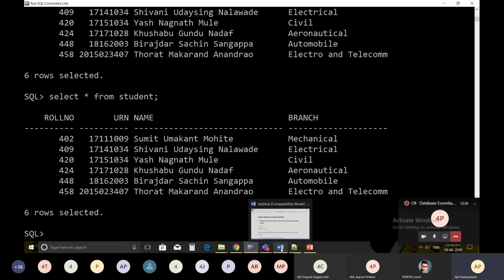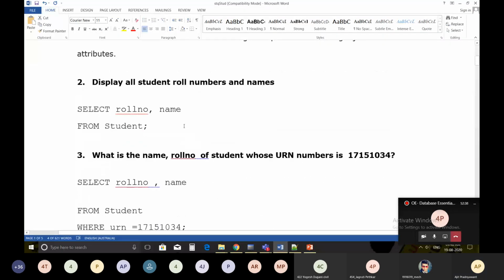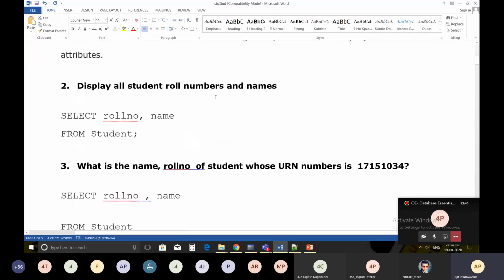Suppose the second query is display all the students' roll numbers and names. You want only the roll numbers and names. So mention column names in the select. Keep in mind, select roll number, comma name from student.